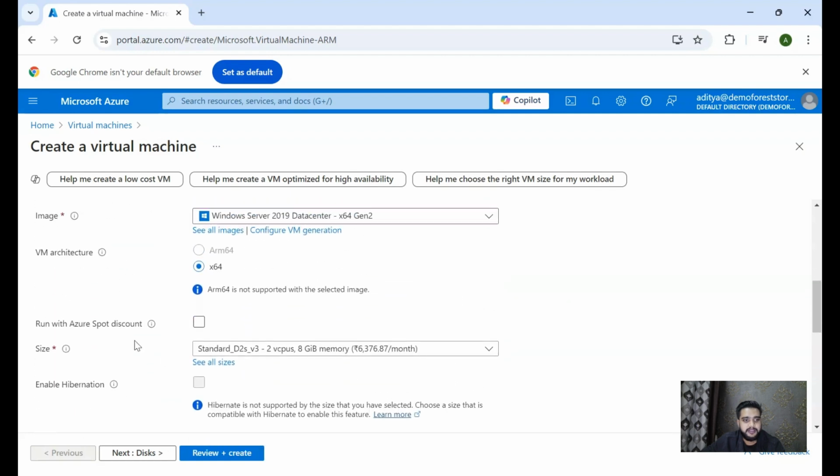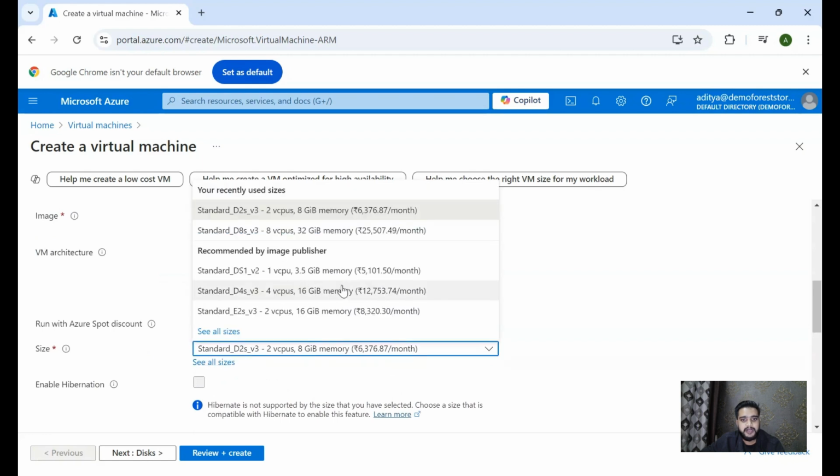Now comes the size of the virtual machine. You can select the size based on the pricing and the compute you want, so it depends upon the workload. Suppose you need 4 cores and 16 GB RAM, it's going to cost you 12,000-something per month. In the same way, the other sizes also vary, depending on the series of size you take.